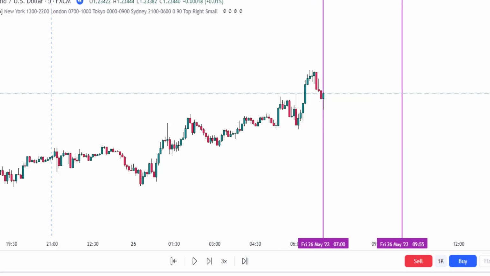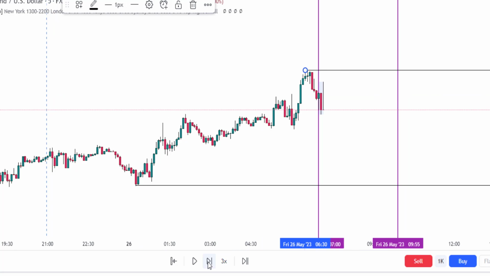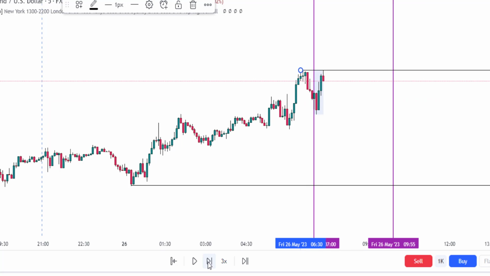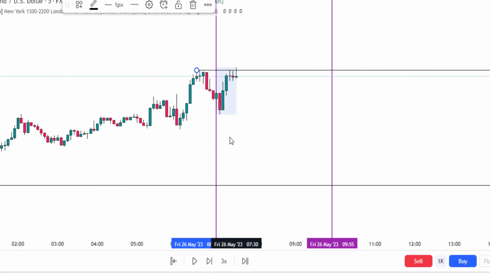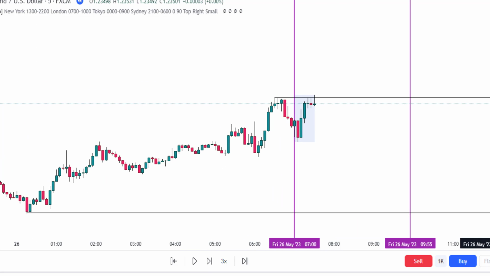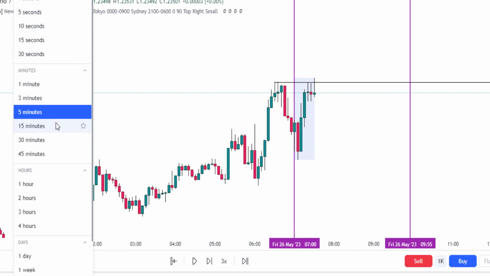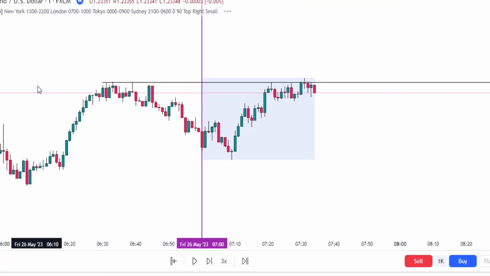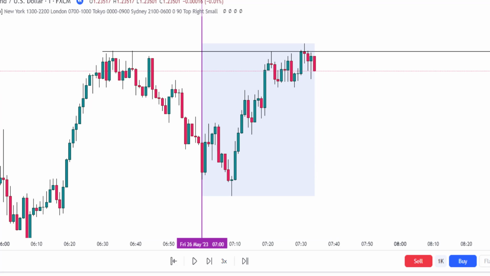So where is the lowest area of liquidity? This place. Lowest area and the highest is here. Okay, so we're going to wait and see a sudden grab of liquidity. Yes, can you see? Liquidity has actually been grabbed right here, above here. So what do you do now? You go down to the 1 minute time frame and look for a candlestick formation that